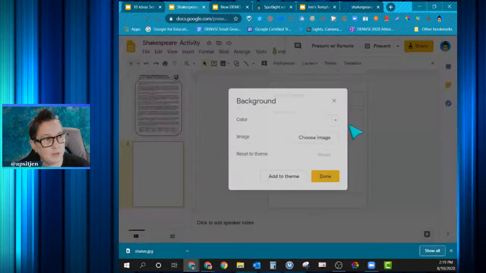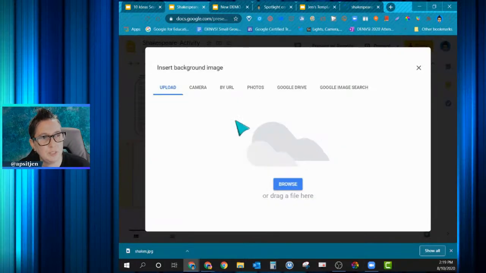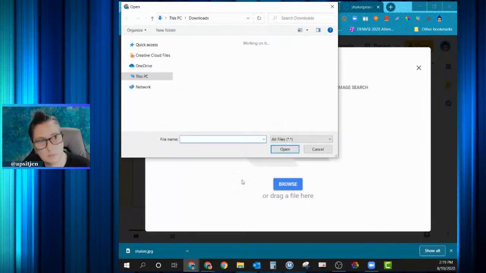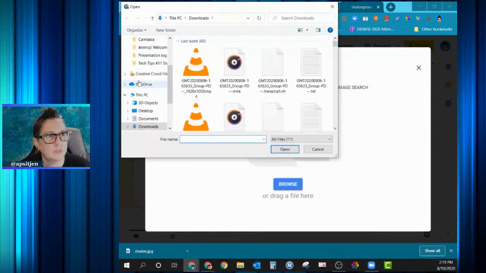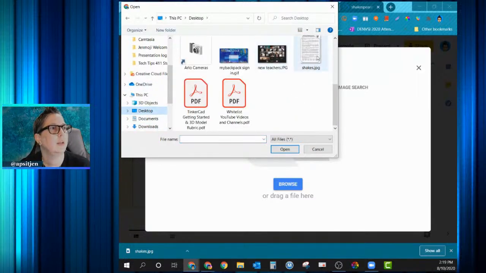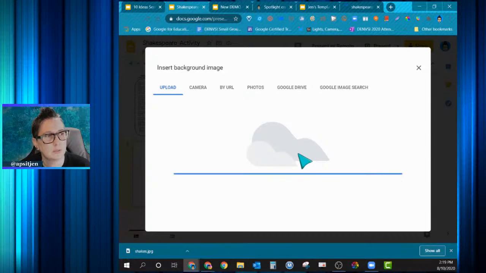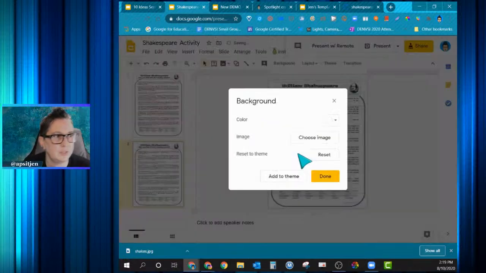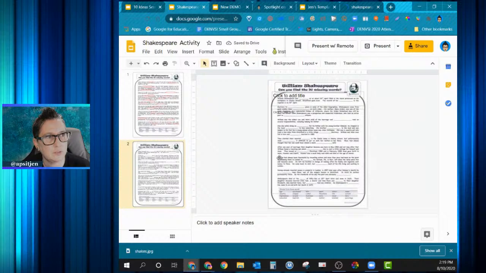I'm going to say change background, choose image. I'm going to upload it. And we called it Shake and it's living on the desktop here. So let's go to desktop. And there it is. I'm going to upload it. And it's going to fill the entire space of this. So now it's a template, right? So now what I can do is